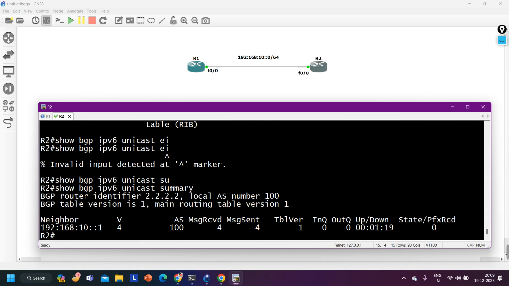This is how we will check the IPv6 BGP neighbor. So show bgp ipv6 unicast summary,